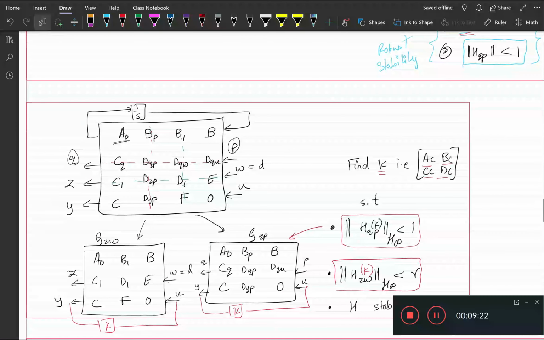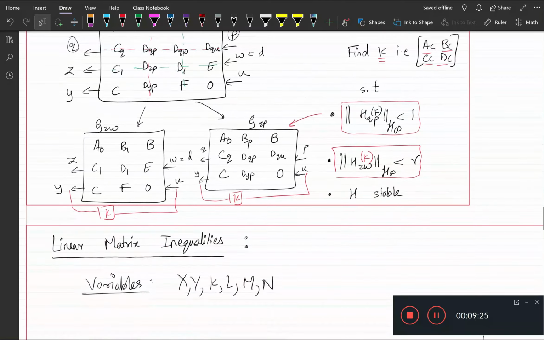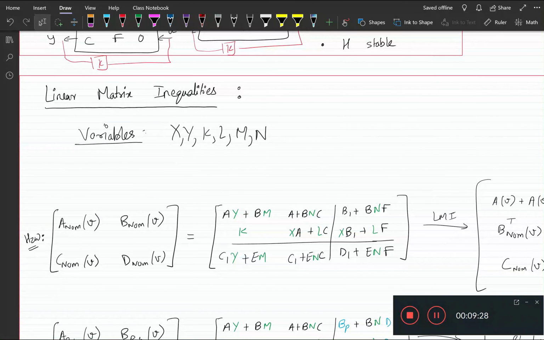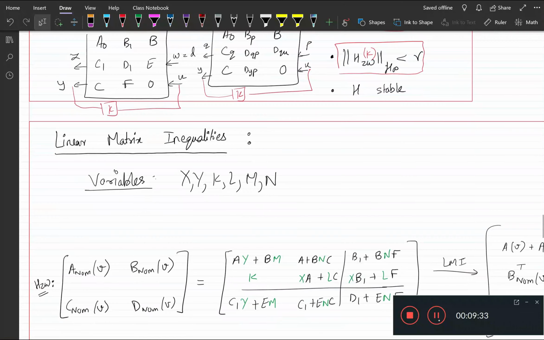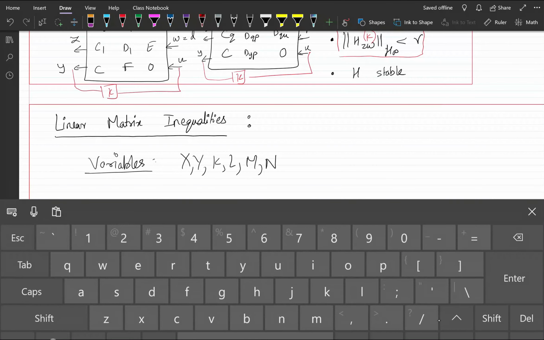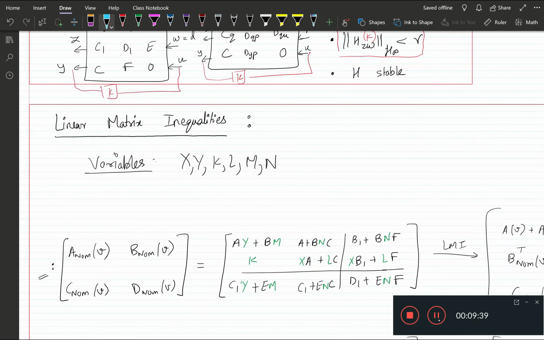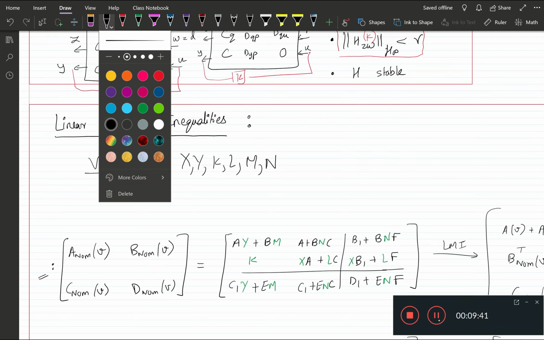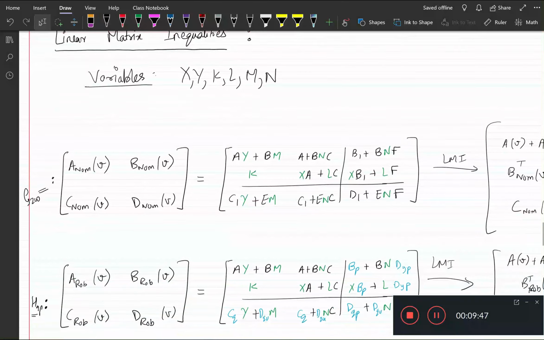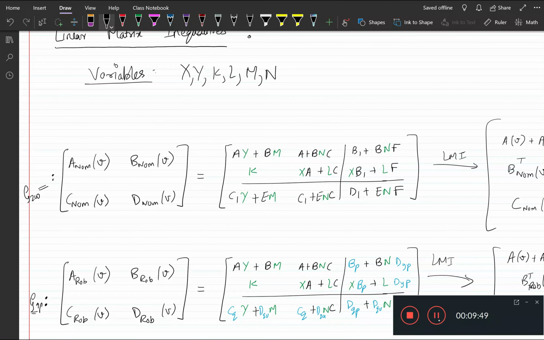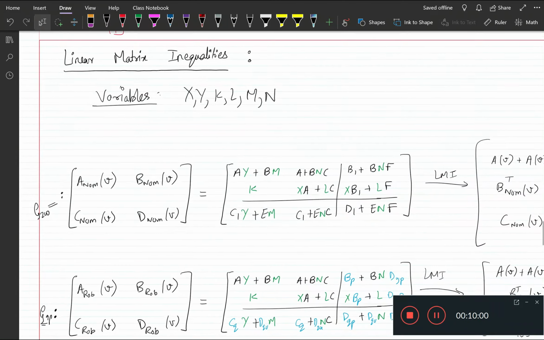So now let's look at the linear matrix inequalities that we can write for these two systems, the GZW system and the GQP system, these two linear functions of A. Now at this point you should be familiar with